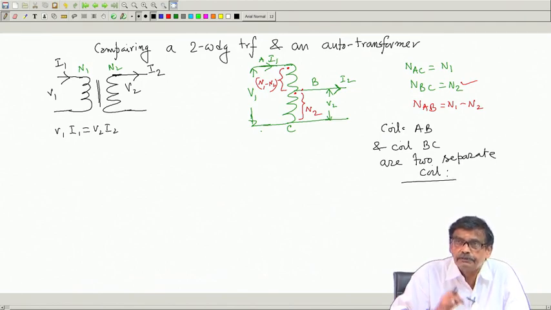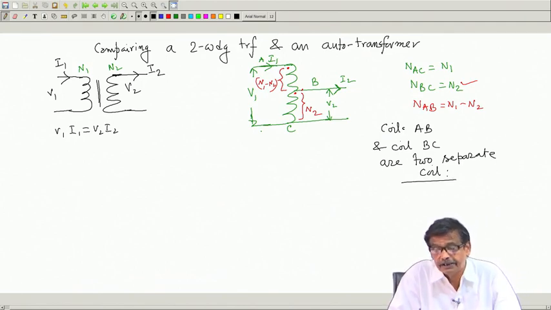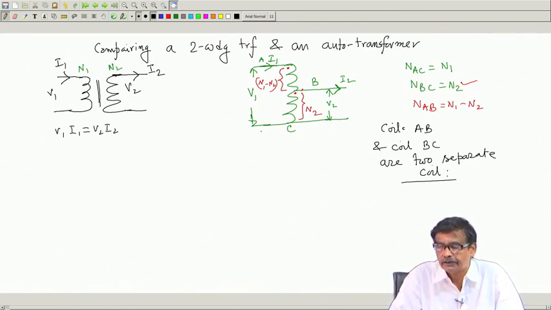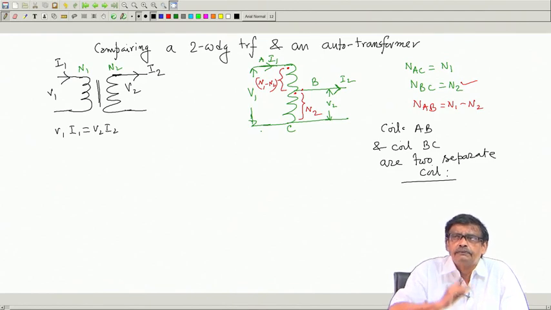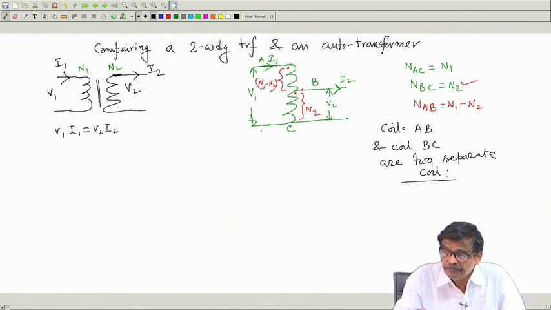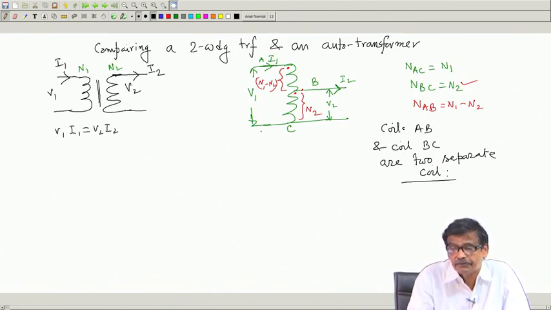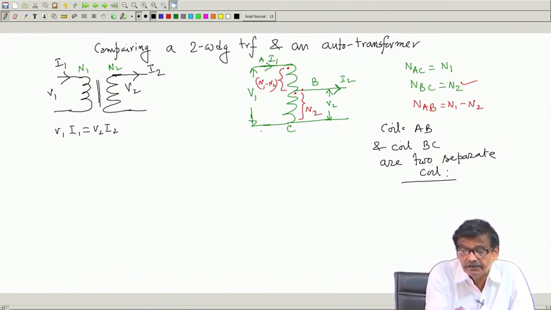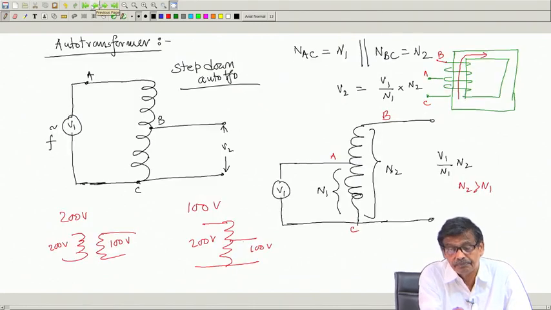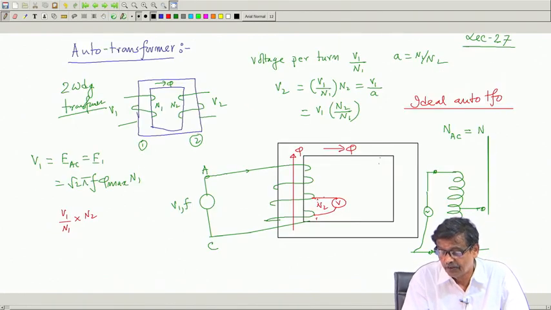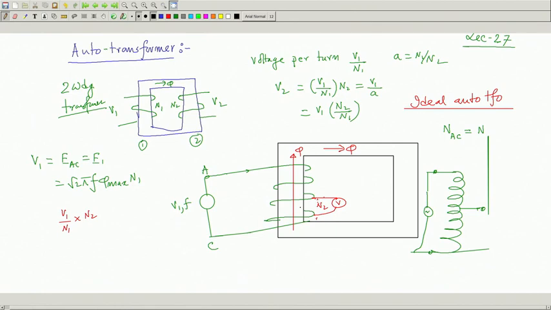This and this portion, this must be understood, that is a very important point to be noted, and they are linking the same flux. Therefore, MMF and voltage ratios will follow the rules of a two winding transformer. What else? Flux is common, same flux, is it not? Previous diagram. This is the core, flux is common to both the parts. So, same flux,